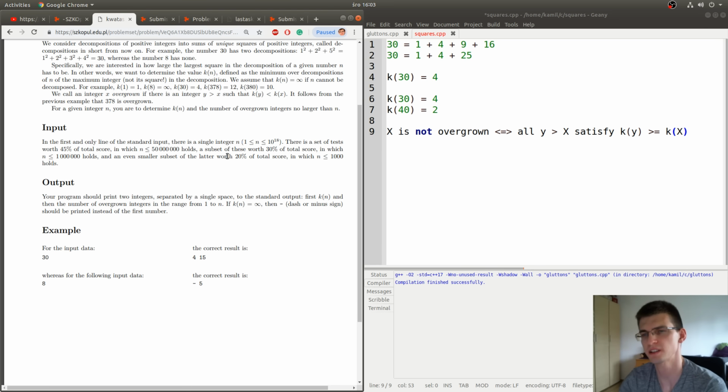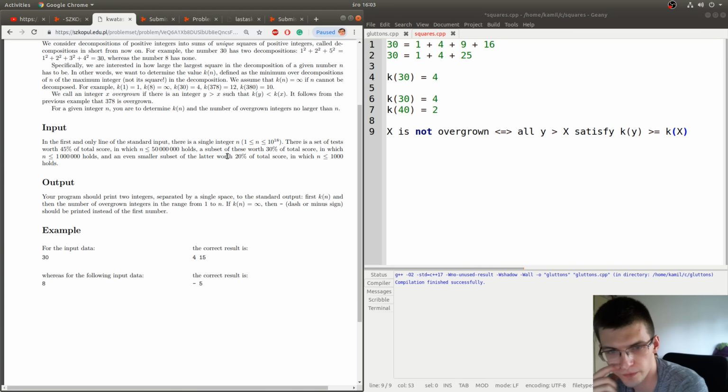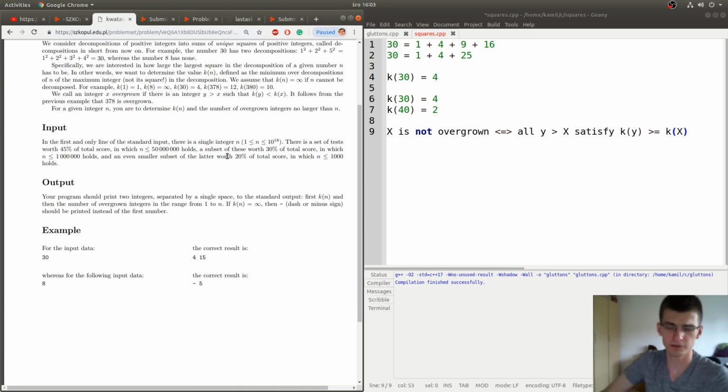And the statement says that the value of k is infinity if it's impossible to represent the number as a sum of different squares. So it's hard to say anything about that overgrown part without first trying to understand something about the k value.